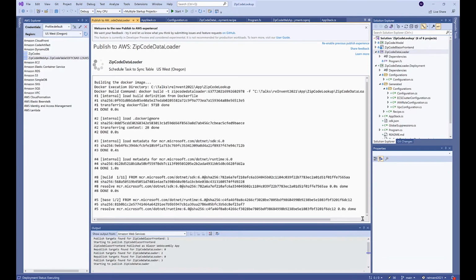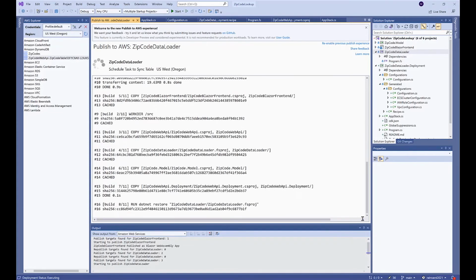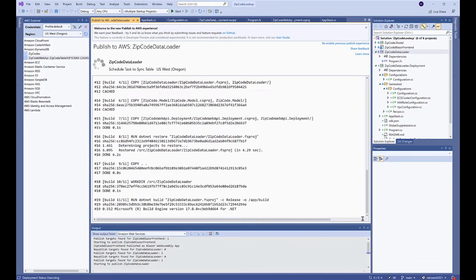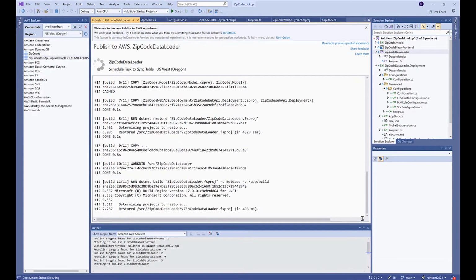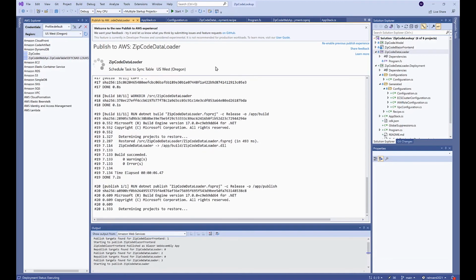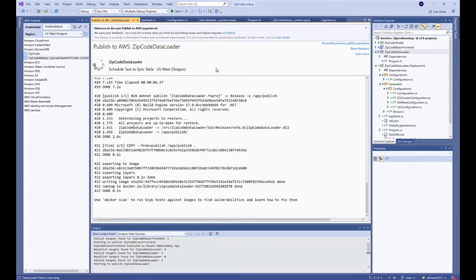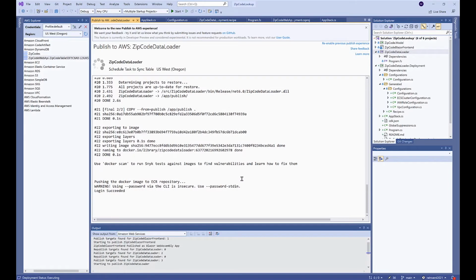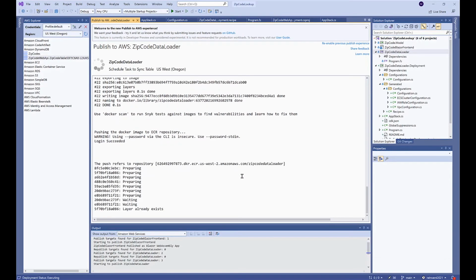So again, same similar things that we saw on the CLI, and that was sort of a goal, is to make sure that the experience from Visual Studio and the CLI are both instructive, they're both interactive, give you a similar experience, and you can go back and forth between either one. So this is creating our Docker image out there, and it looks like we're going to now push that up to ECR, and now we're going to use our deployment project.